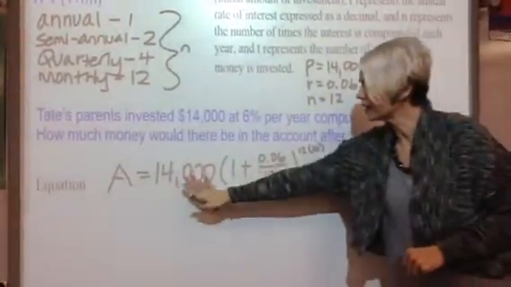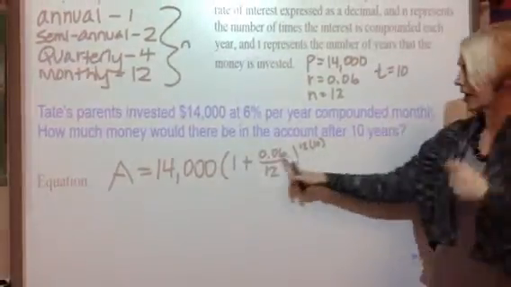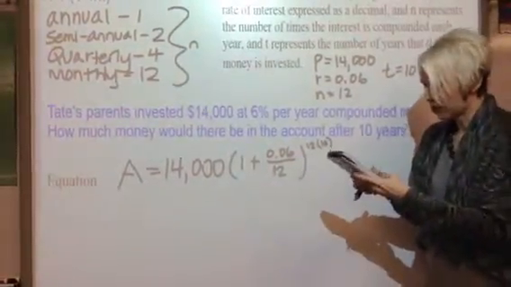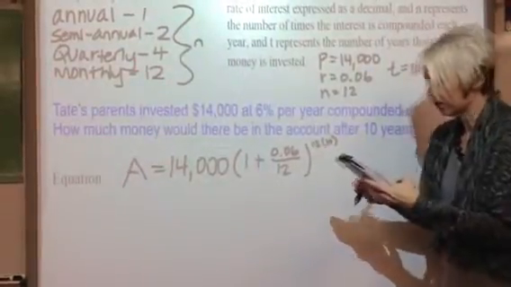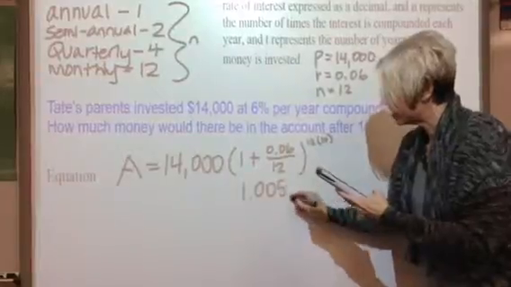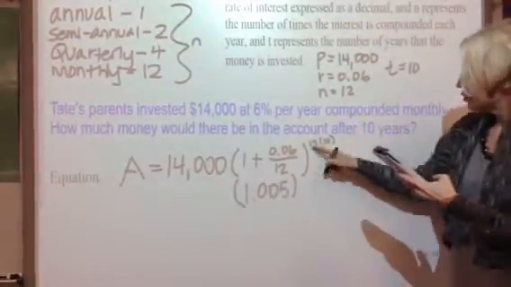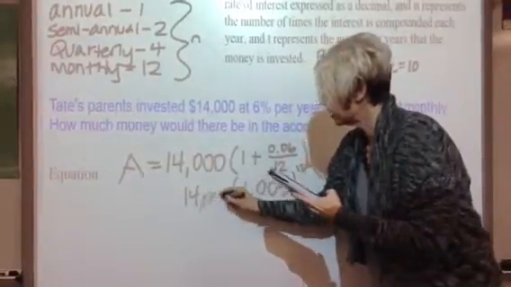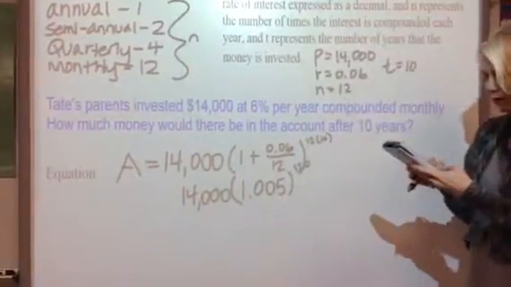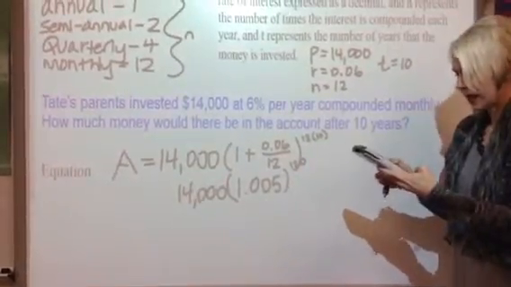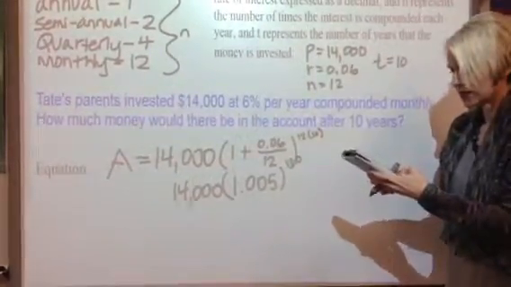Now, to finally solve this, let's do division first, because we have to follow order of operations here. So 0.06 divided by 12 is 0.005, and I'm going to add 0.005 to 1. 12 times 10 is 120, and I have 14,000 still out front. So we're going to take 1.005 to the power of 120, and then I'm going to multiply that times 14,000,